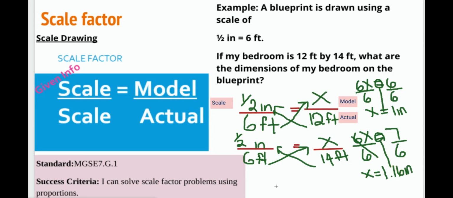So the dimensions for the room on our blueprint will be 1 inch by 1 and